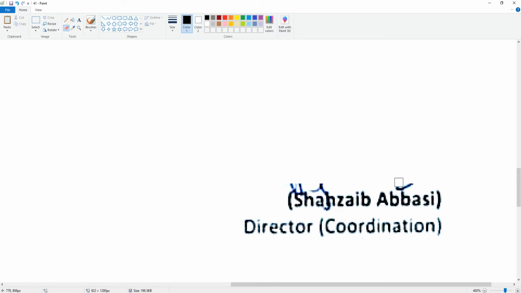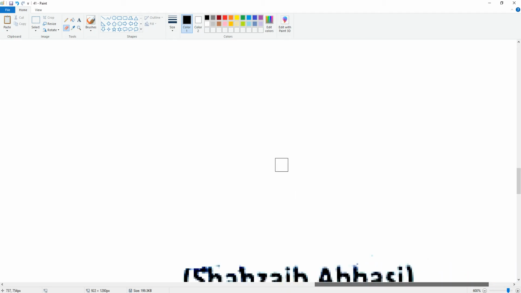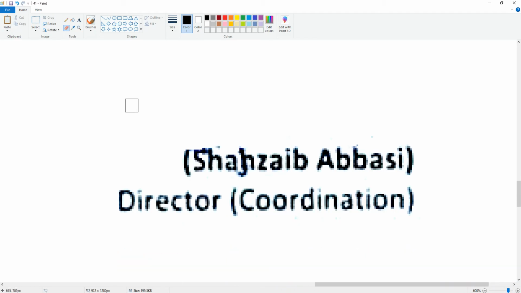Eraser, select and click, select and click. Select and click. With the zoom option, you can clean more of the document. Select and click. I think this is looking good. Click on Save,